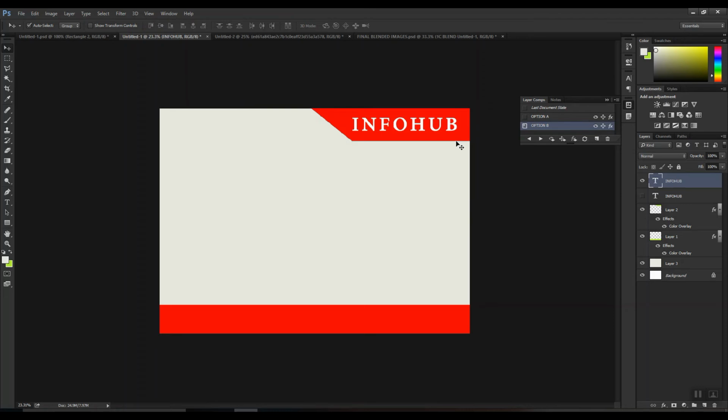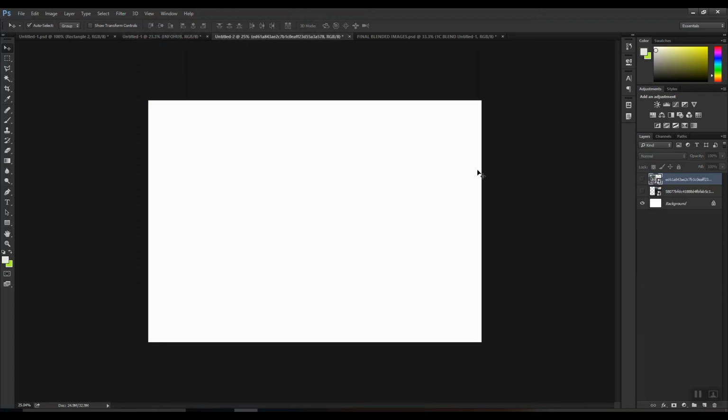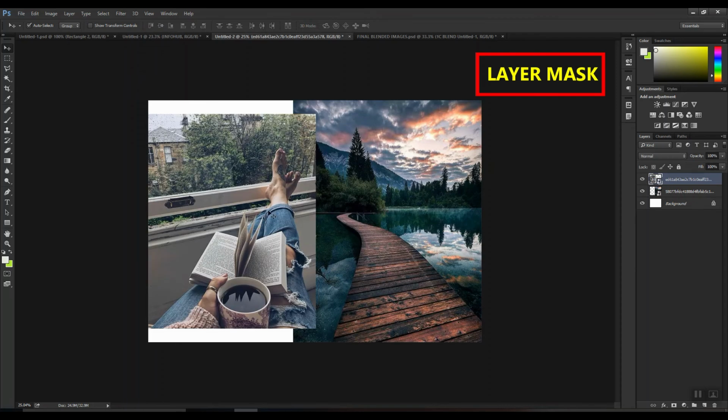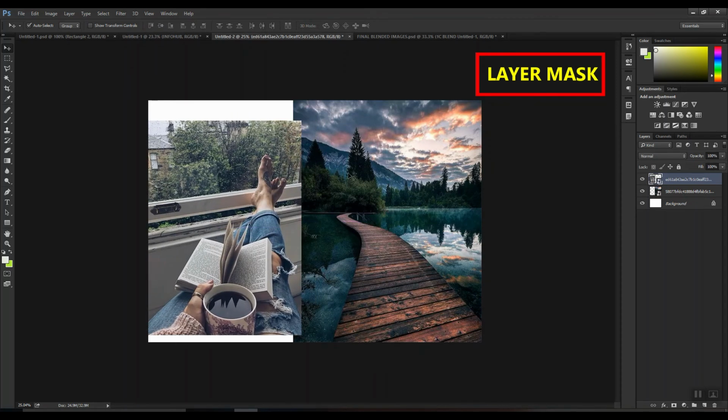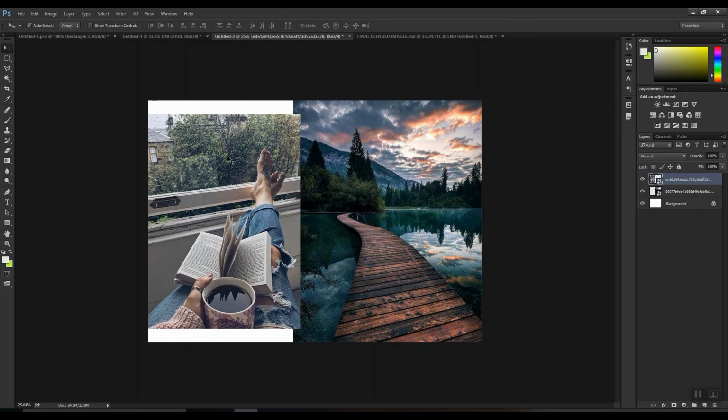Okay, now let's move towards the last topic of our layers, and that is layer mask, one of the most interesting and a very useful property which you need to know. See, in simple words, the purpose of layer mask is to merge images. It can be 2, 3 or many more, as many as you want. So for example, let me say I'm taking these 2 particular images and I want to merge them, and let's say I want to change my view from this to this.